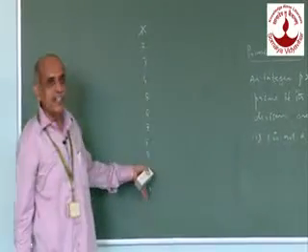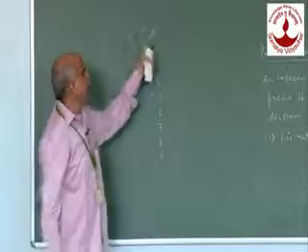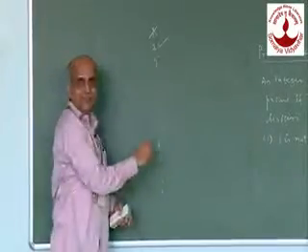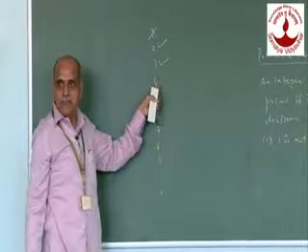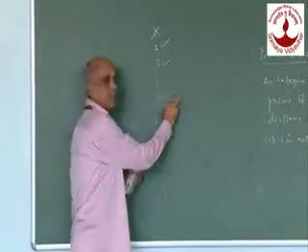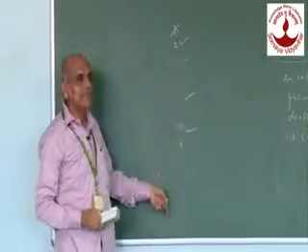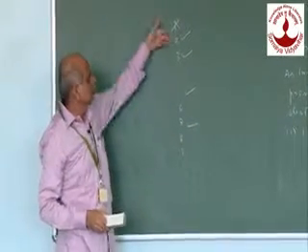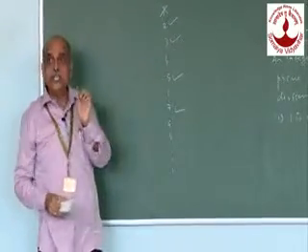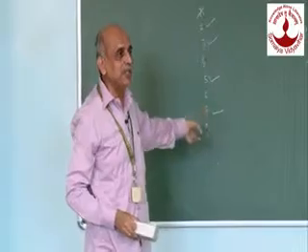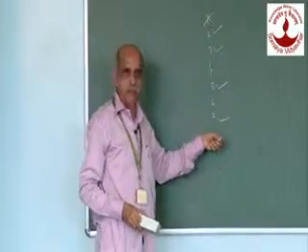Observe this number. What is the next prime? 2. Right? What is the next then? 3. 4? No, because it's a composite number. What is the next? 5. Next? 7. So out of this, 2, 3, 5 and so on, 2 is the only prime which is even. Rest of the prime numbers are odd primes. That is the speciality of this number 2.